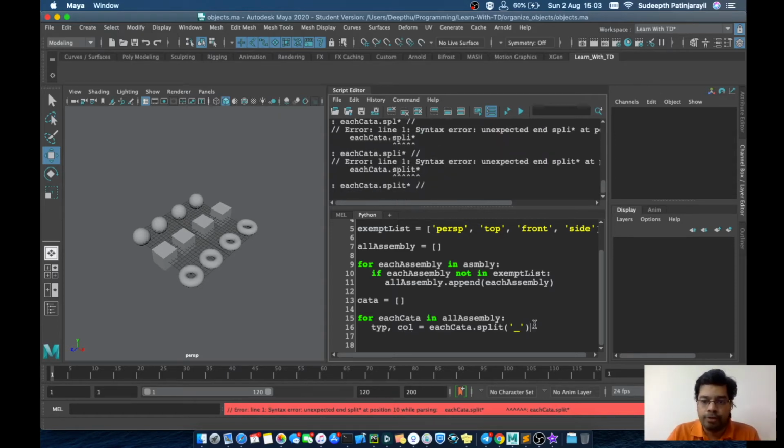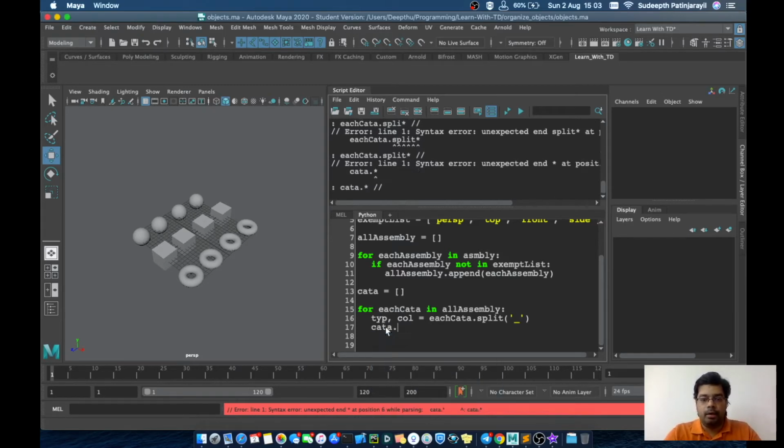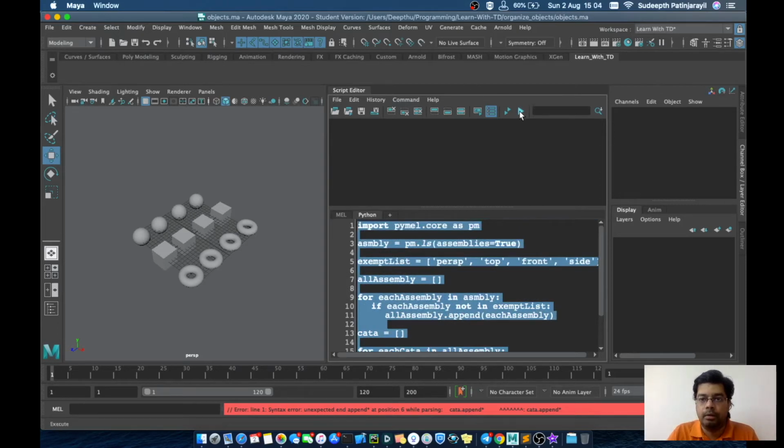Next, we will collect all this type to the category. For that we will do cata dot append, because that is a list, and we are going to append all the types. I'm going to clear the output window and run this.